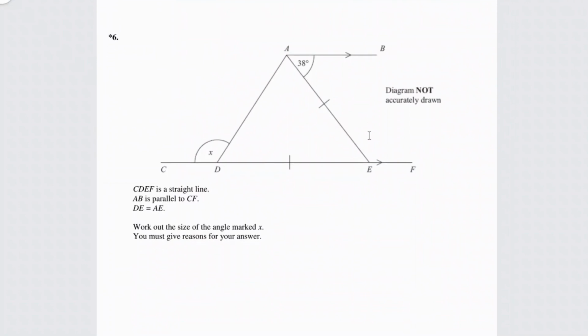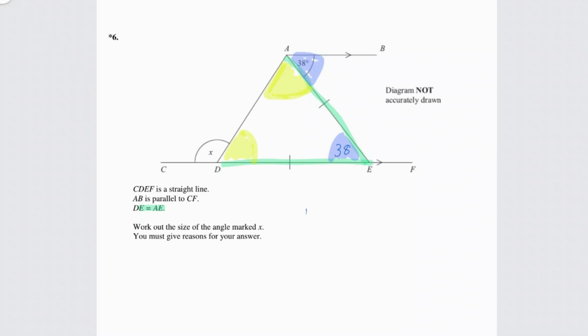Okay, so we're told DE equals AE. So that's telling us that we have an isosceles triangle here. This side is equal to this side. So it means these two angles will be the same as each other. Because we've got some parallel lines, this blue one here is alternate to this one. So straight away we can say this one's 38. And then we can work out the yellow